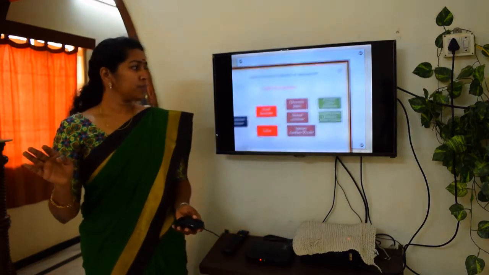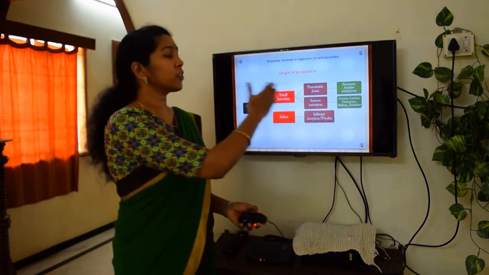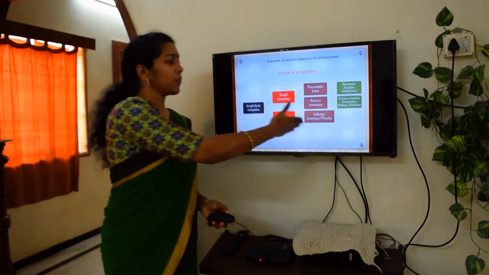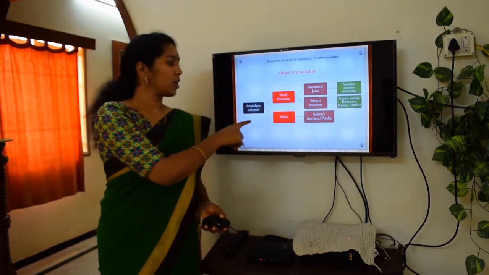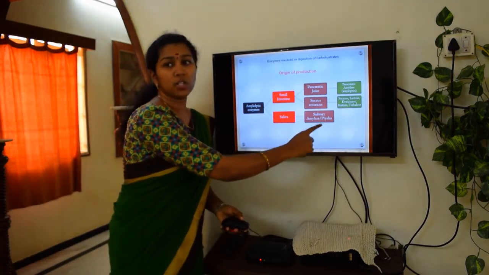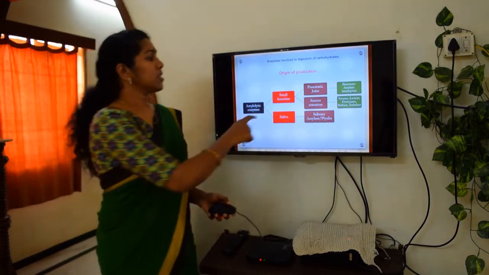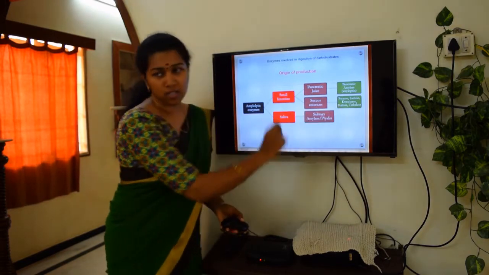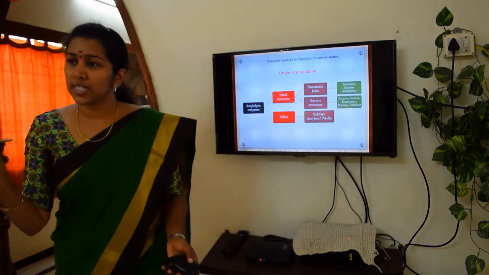What next are the enzymes. You have to know the origin of production of the enzymes involved in digestion. I told you succus entericus. There are other enzymes like amylase, the enzymes responsible for carbohydrate digestion, or amylolytic enzymes. When it is secreted by the saliva, it contains salivary amylase, also known as ptyalin. Here the P is silent. It is ptyalin. In the small intestine, the succus entericus secretes the disaccharidases. Similarly, the pancreas also secretes pancreatic juice, which contains amylopsin.